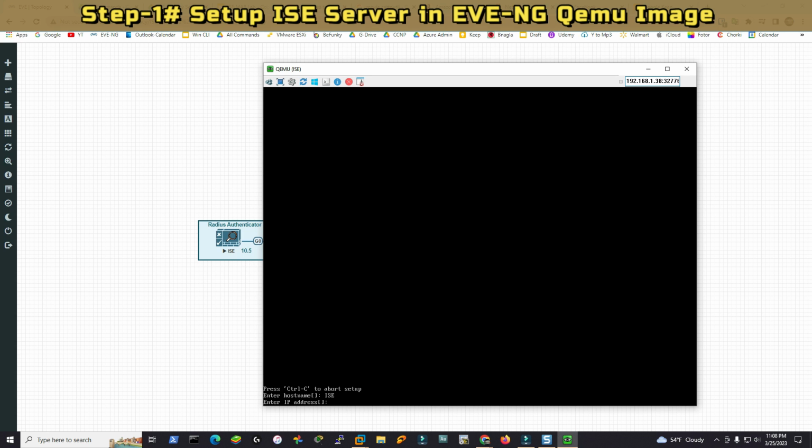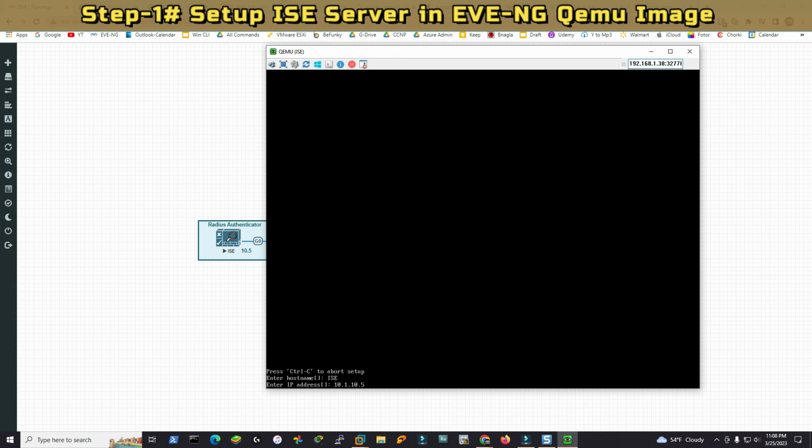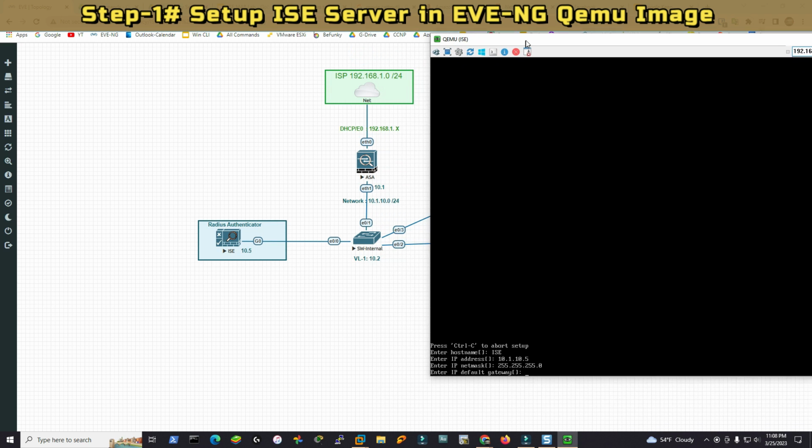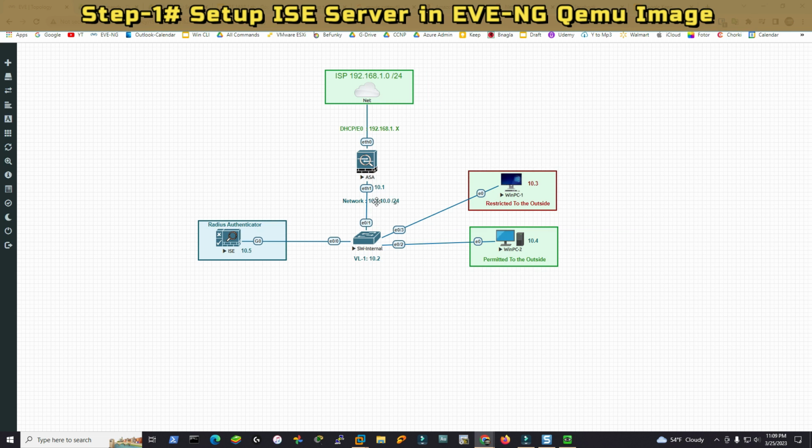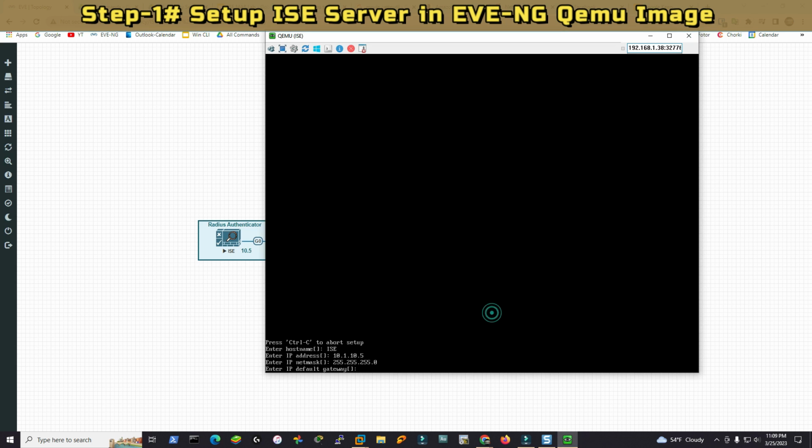I will be typing 10.1.10.5. Do not type the net mask here because it will give you the option. Here you go, 255.255.255.0. Enter IP default gateway. Now my default gateway will be 10.1.10.1, because the traffic will be going this way via the ASA's inside interface ETH1. So I'll be typing